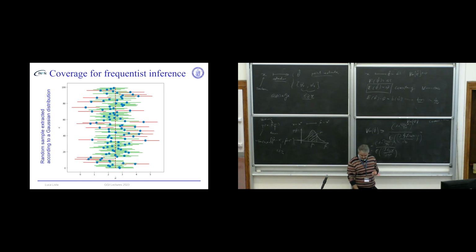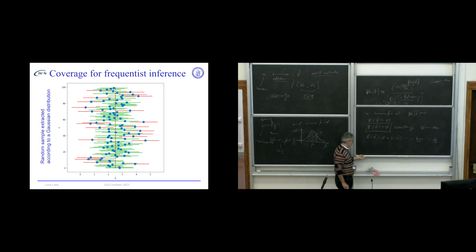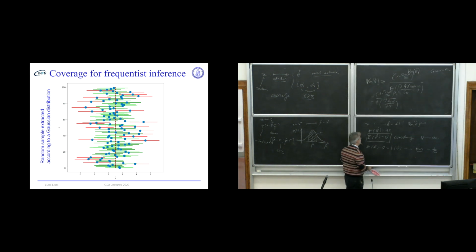Now, how to determine the uncertainty? There are a number of ways to determine the uncertainty interval in order to provide this coverage. I show you first of all an approximate way. So if we say that for large n, a maximum likelihood estimator is approximately unbiased,